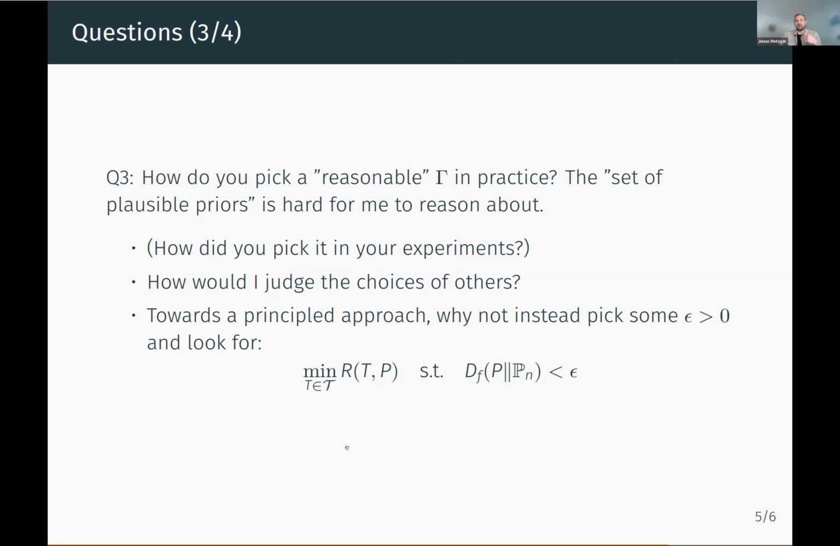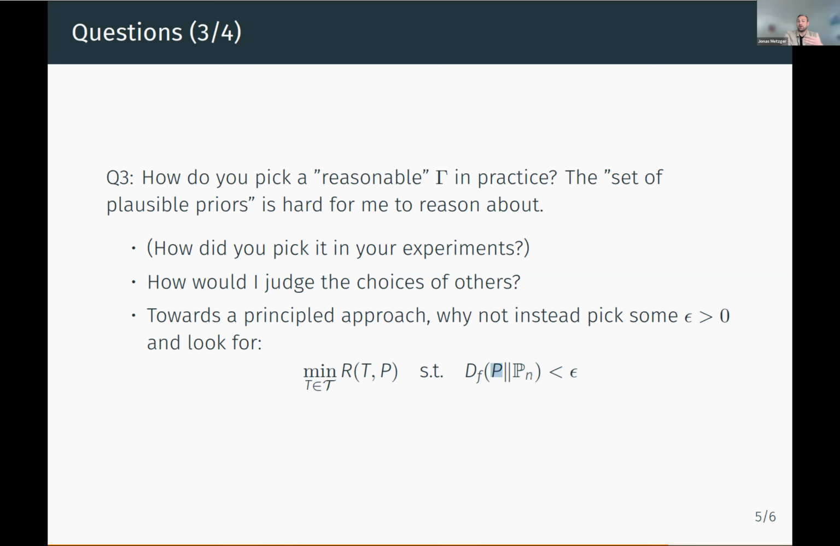And then, how would I judge the choices of others? That feels hard for me to do. I was wondering why we don't pursue a more principled approach, trying to tie this gamma, like a space of distributions, maybe to the data more specifically, in order to capture an intuition of trying to be robust to data generating processes that would be in line with what we observe. And here it's not really a prior approach anymore, but we could think about minimizing the risk of an adversarial P that is chosen to lie within some